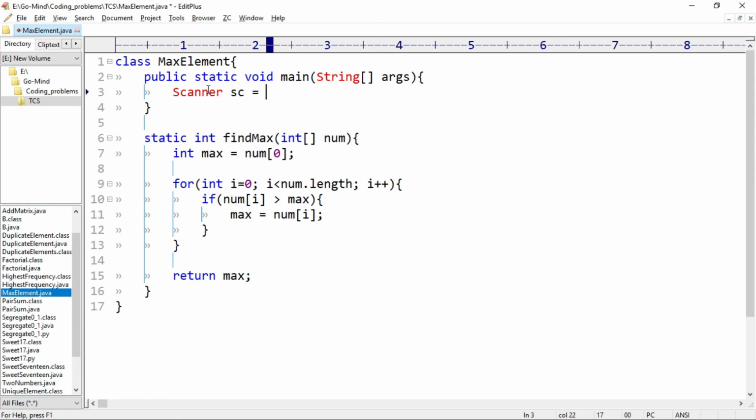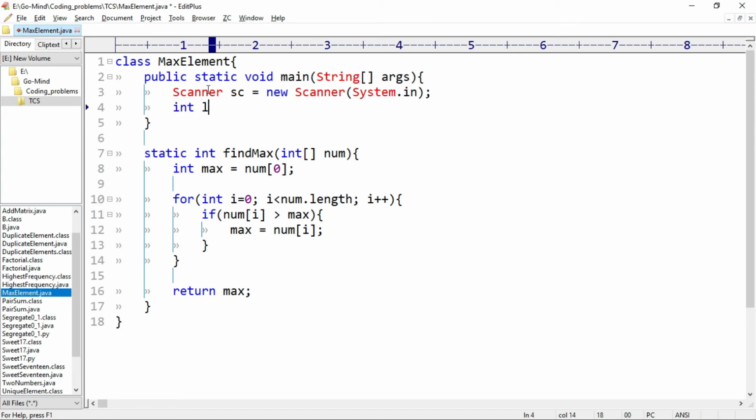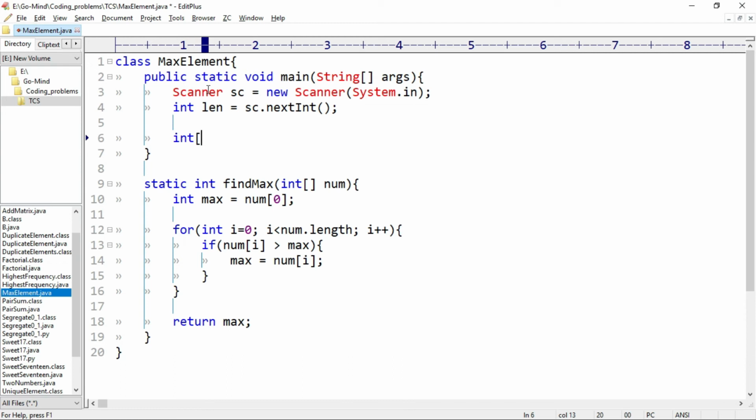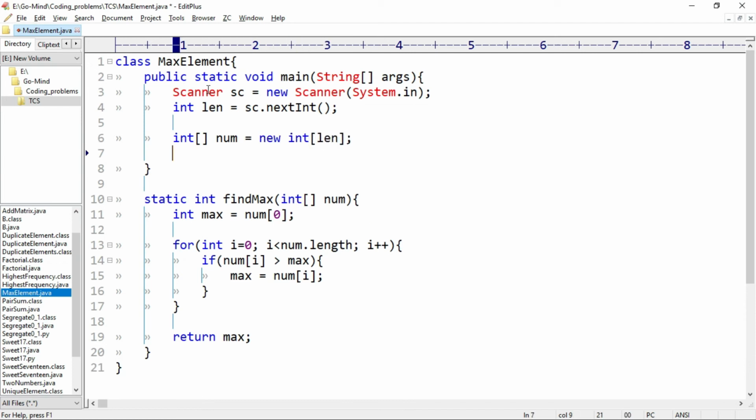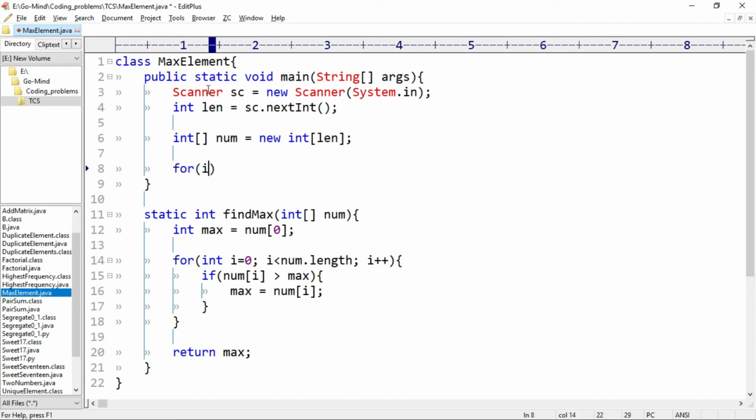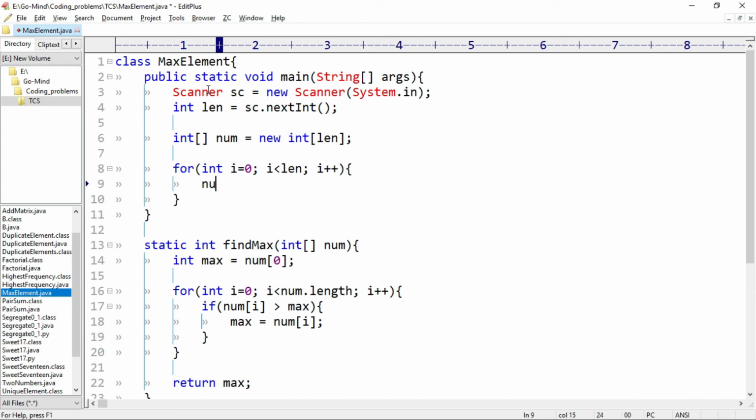Scanner sc is equal to new Scanner(System.in). int length equal to sc.nextInt(), and we'll initialize the empty array. int[] num equal to new int of size length, and now using a for loop, for int i equal to 0, i less than length, i plus plus, num[i] equal to sc.nextInt().